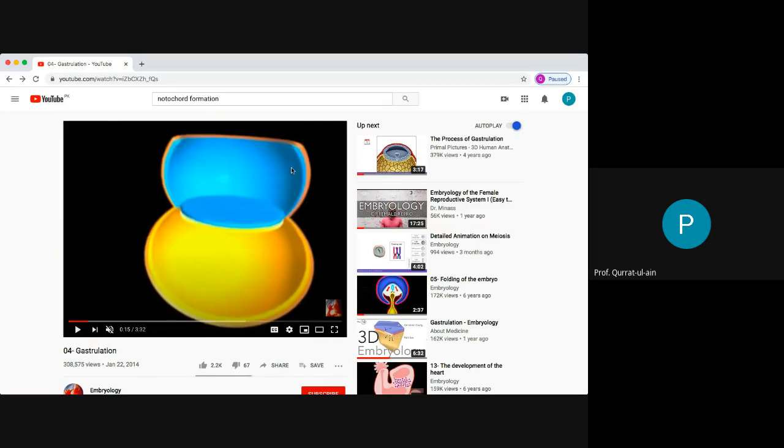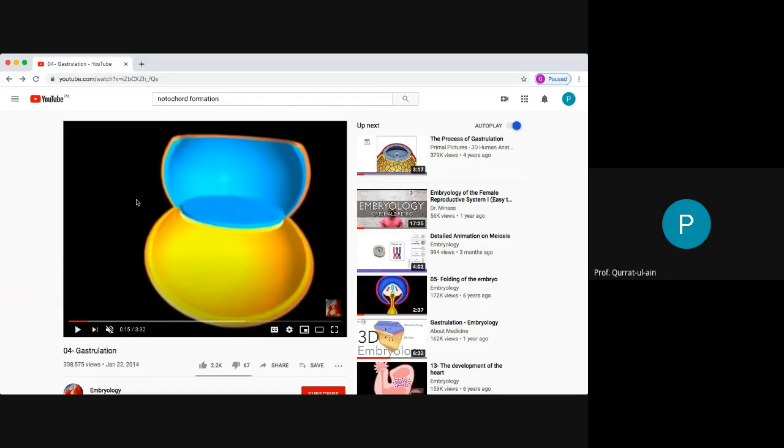This is the amniotic cavity, and this is the yolk sac. And this is that bilaminar disc in the second week. You can see the rounded appearance of the disc. The embryo at this stage is in the form of this disc, having this blue layer, the epiblast, and this yellow layer as the hypoblast. The epiblast and the hypoblast here, this is the oval disc which is going to form the